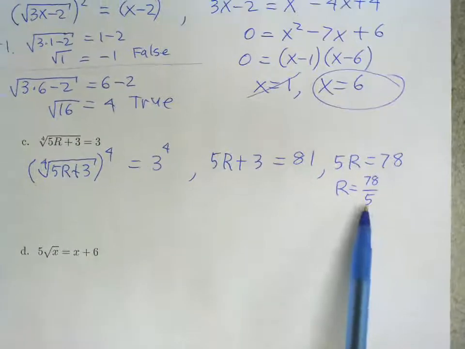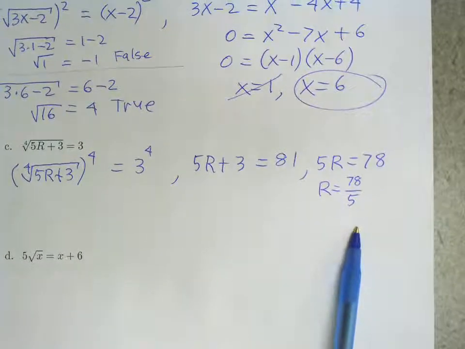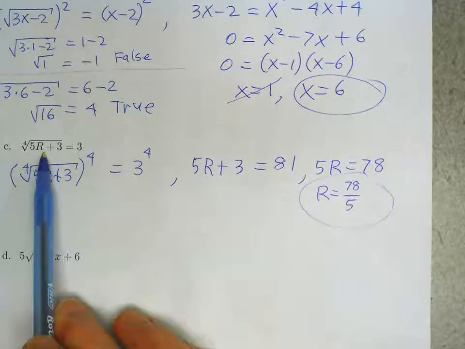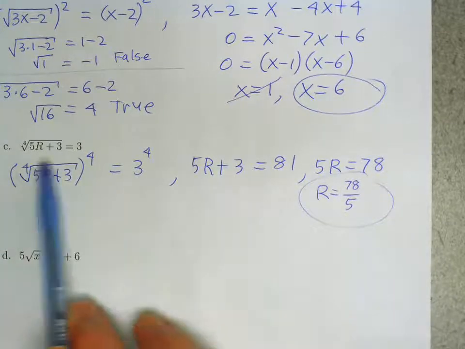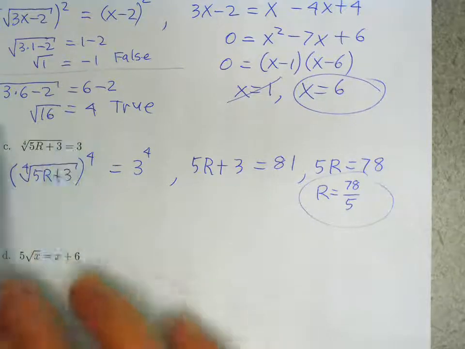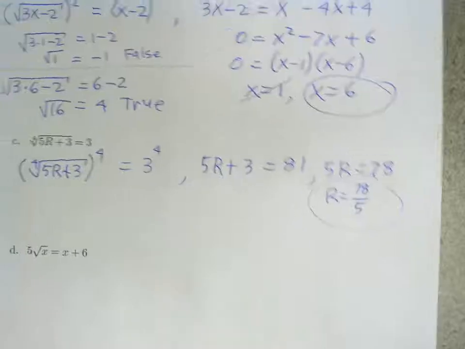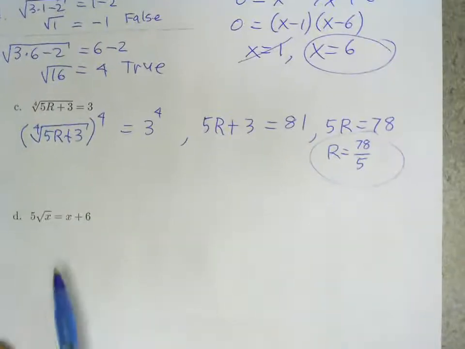And it's not hard to verify that this really is the solution. Just replace r with 78 fifths, do the arithmetic. You'll end up with the 4th root of 81 after doing the arithmetic, so it works out pretty nicely. Okay, this next one,